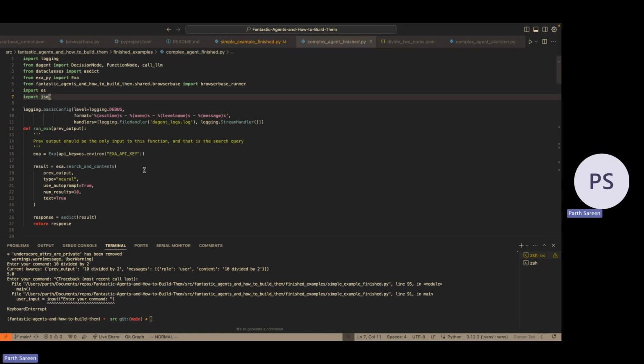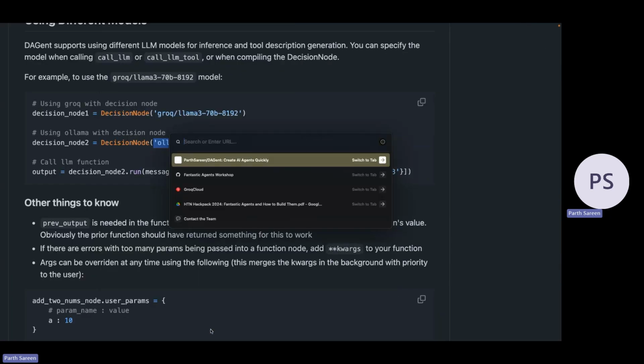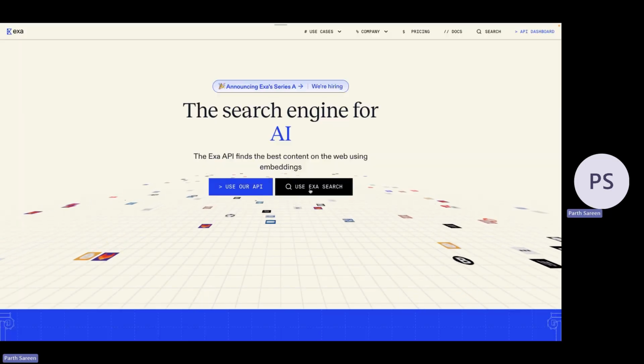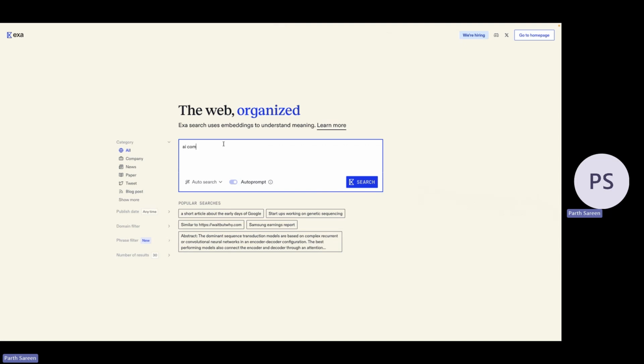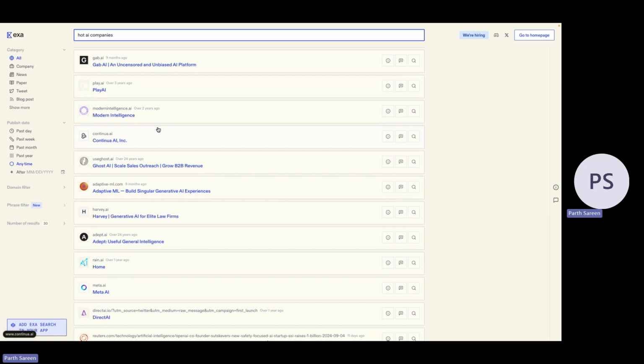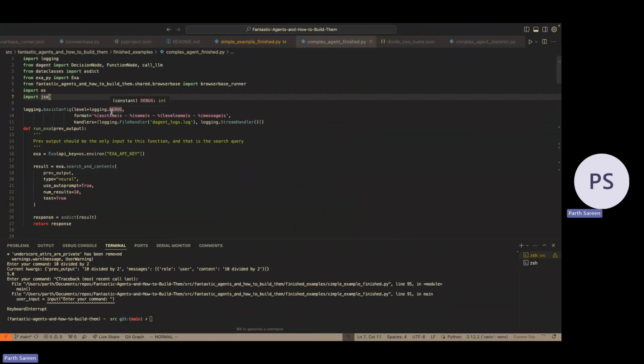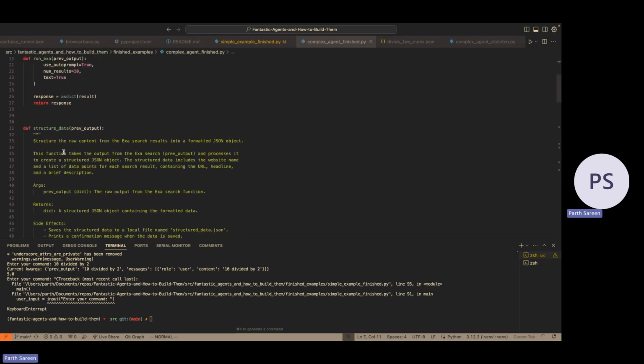I have run exa function. You can also get exa API keys. Exa is essentially a search tool built for agents predominantly. We can actually go to their website, exa.ai. They do a lot of really cool work. And essentially, if I say use exa search, I can say AI companies, for example. And it's able to get very, very particular examples and find this web very deeply for whatever you need. But essentially, we're using that as a way to do searching instead of Google or whatever.